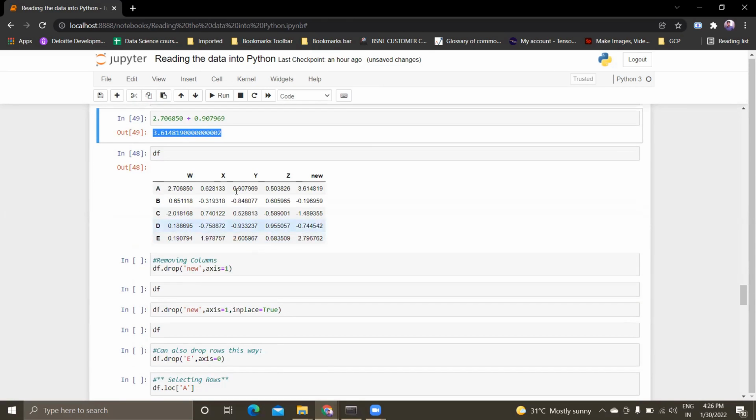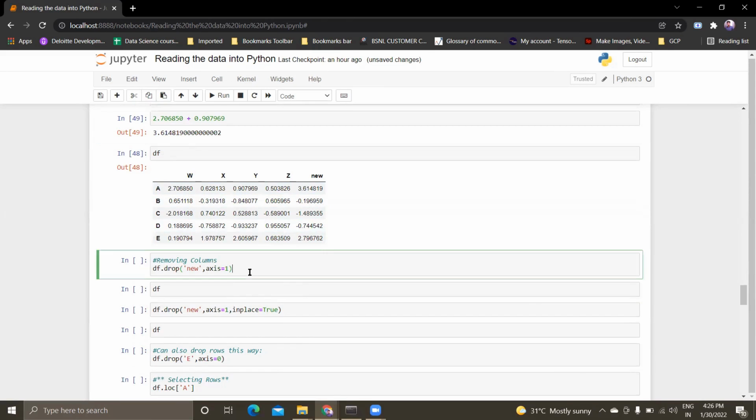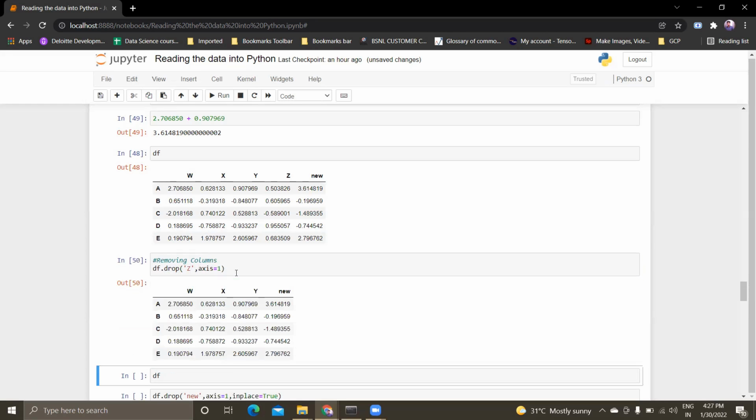If I want to drop any particular column from this DataFrame, we can use the drop function with the column name. If I want to remove column Z, I can use this function. The axis is: if axis is 0, it refers to rows, and if axis is 1, it refers to columns. So I'm mentioning Z and giving axis as 1.